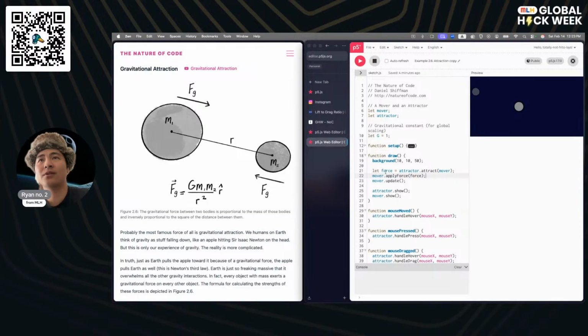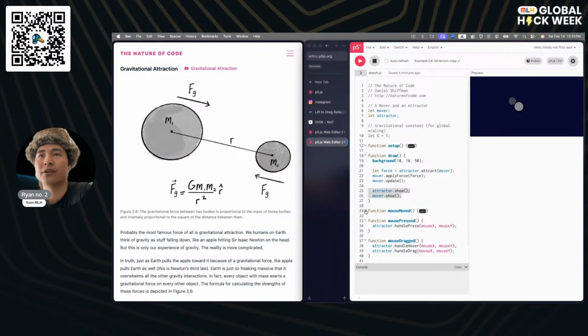Then we set this into a variable force, and we tell the mover to apply that force, and so it'll start moving in that direction. We'll look at what the apply force thing looks like in a bit. And then we run update, which is the thing that actually crunches the math to make sure it moves. Then we make sure that we draw them onto the screen right over here.